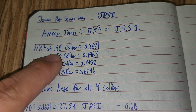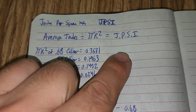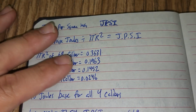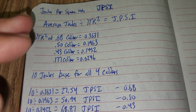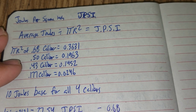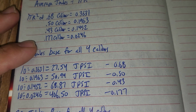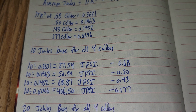So the CL is right here at the 0.61, in between these. I could get a pi r squared of that really easily. But as of now, there's only one company that makes 0.61 caliber ammo, and it is not variable or anything aside from when you're running out of CO2. So until more data comes out, or until more companies make different ammo for the CL, which is getting like 41.9 joules per square inch from what Byrna says,